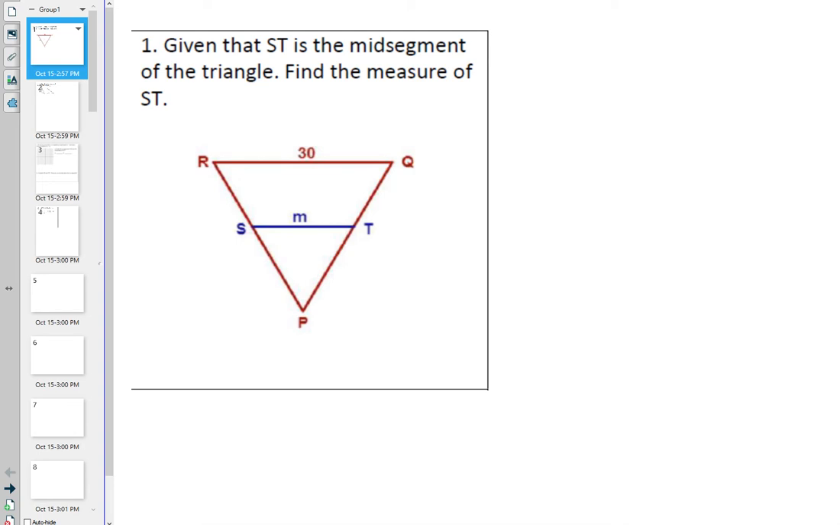What type of segment is ST? A mid-segment. And what do we know about a mid-segment? Half of the third side. It is half of the third side. So if I want to find ST, and right now they're telling me that ST is M,